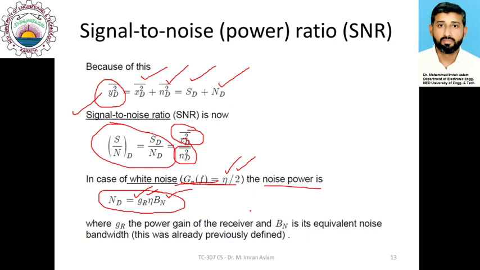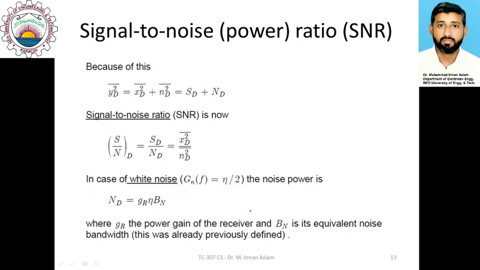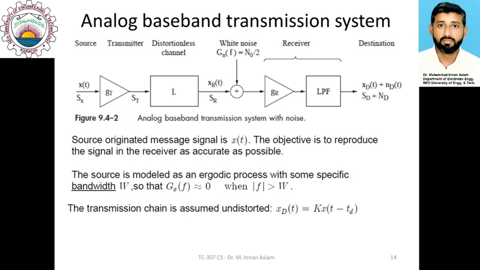So you can see that when the noise is input to the system, a baseband system, that means the noise would have some effect on the signals. Eventually it will generate some signal to noise ratio at the destination side. So let us now consider a simple analog baseband transmission system